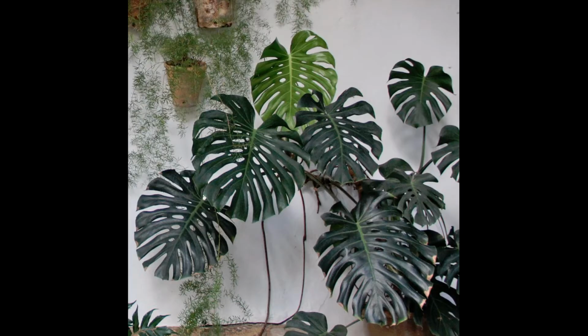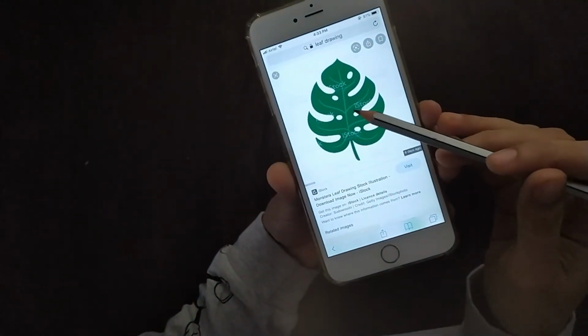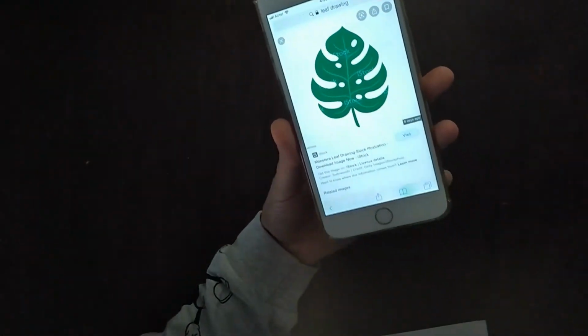So for our next DIY, this is the inspiration picture. This is basically a Monstera plant. This is how the Monstera plant looks. It grows with these dark leaves and holes in them, and these are extremely popular by themselves as a simple accent in your home decor. So we are going to make a Monstera leaf today. Not a green color Monstera, but a white color Monstera. I have searched a picture of a leaf online, and this is what I found,